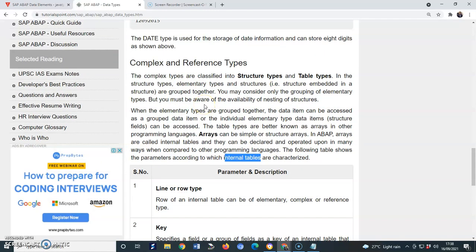In complex data type of your ABAP, there are two types. First one is your